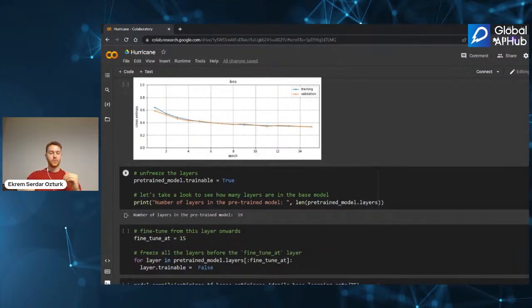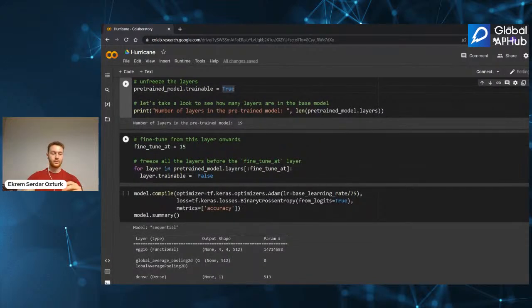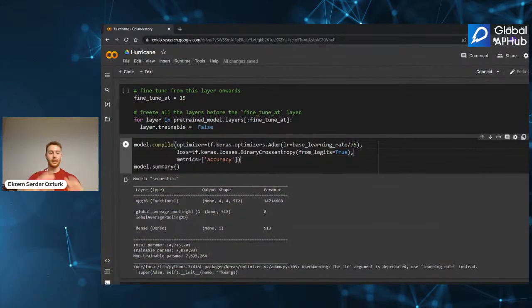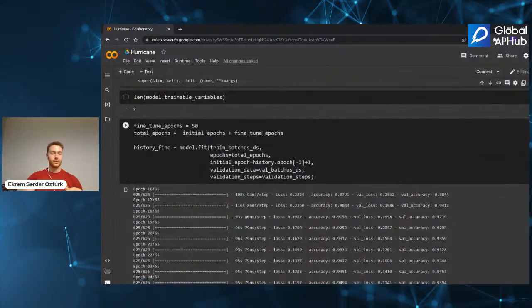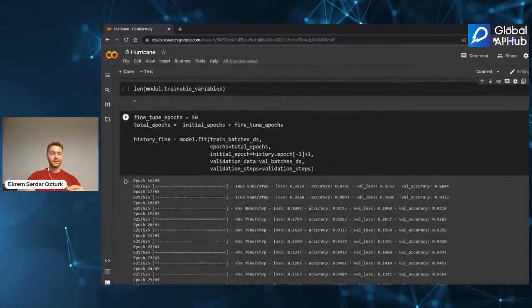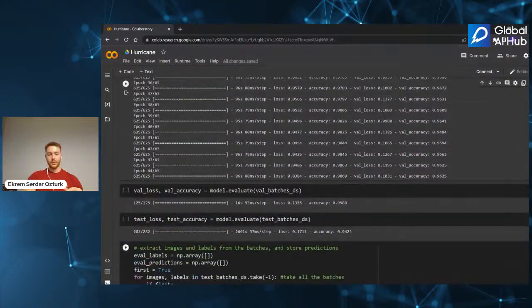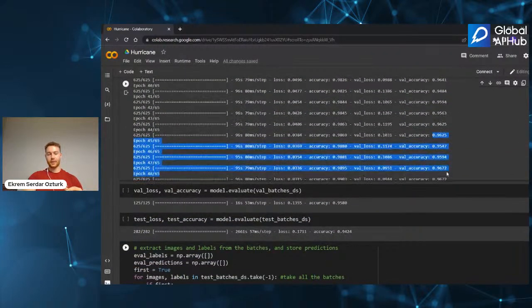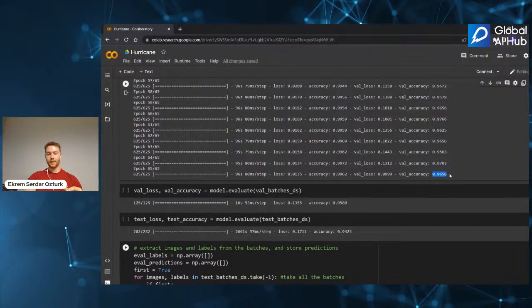All right, so what do we do now? We need to unfreeze the model's trainability. Then we train it with the actual model. So after we train it, we do the same things again and again, all right? But this time with the real model, we get a validation accuracy of 0.96.